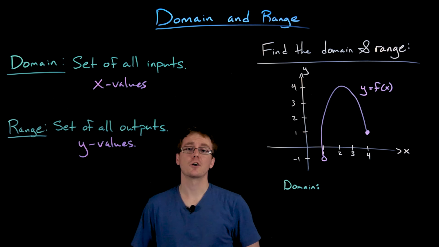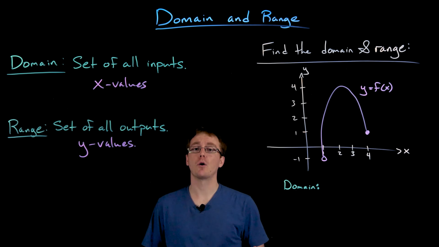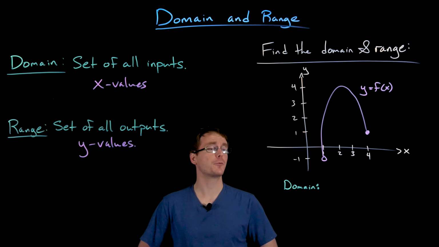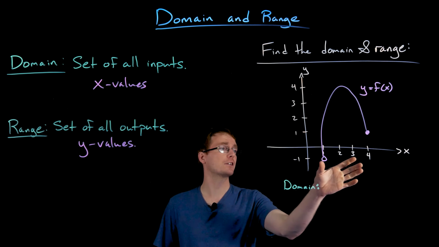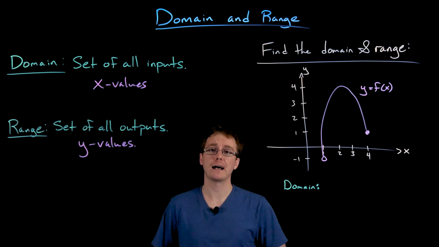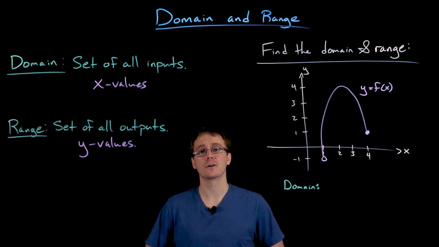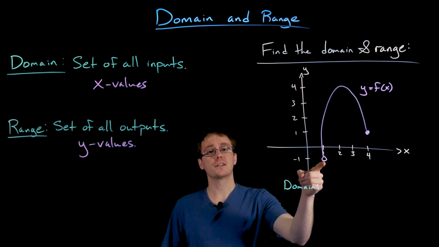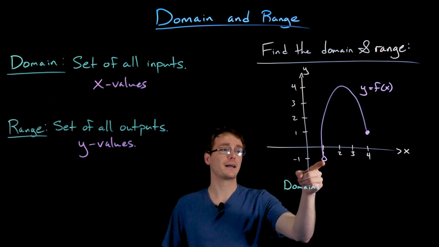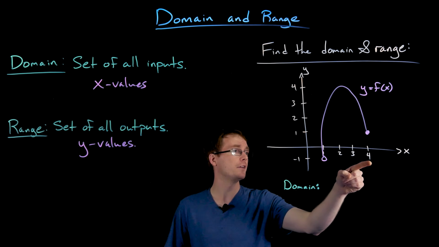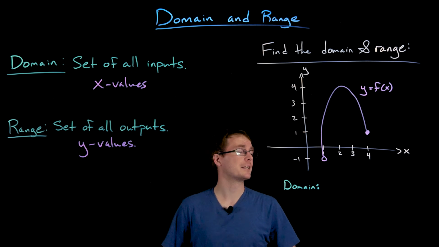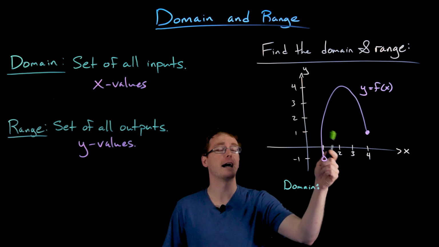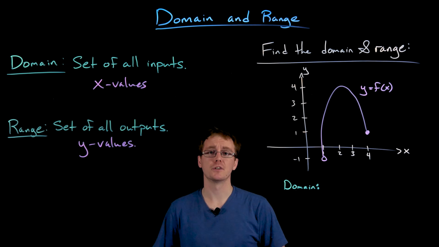Let's get started with the domain of the function, or the set of all inputs, or the x values that our function goes through. All we have to do to find the domain of the function from the graph is look at the graph and all the points that are included on the graph, and look at what x values are included in all of those points. If we look at our graph, we can see the smallest x value that we actually get close to but don't actually hit is the x value of 1. And the farthest right x value we obtain occurs at the x value of 4. And we have to also make sure that we have all the x values in between those two x values